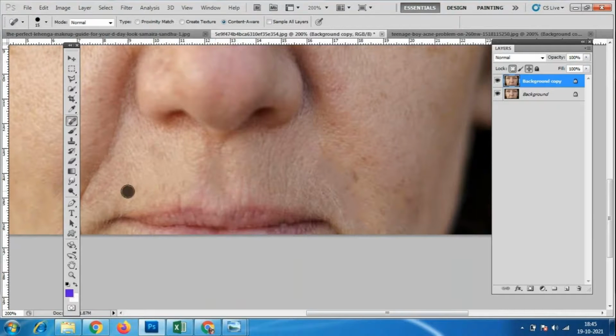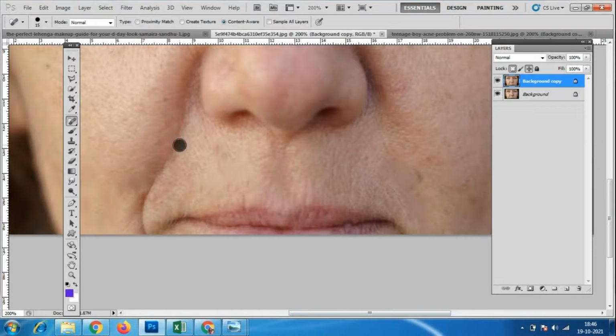So you can see the changes. See, if I increase the brush size, what happened?